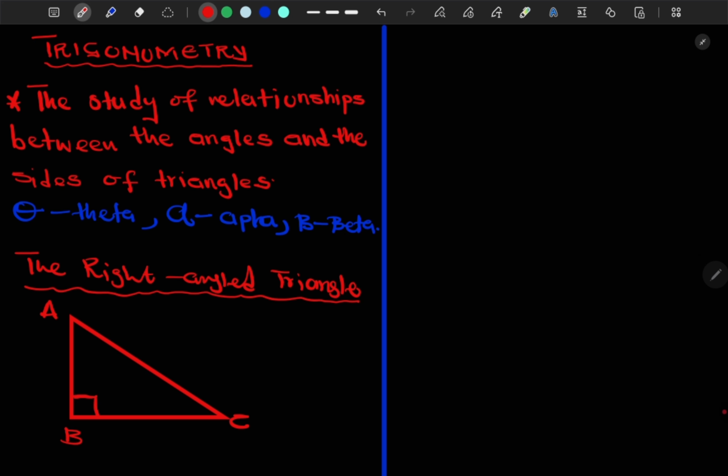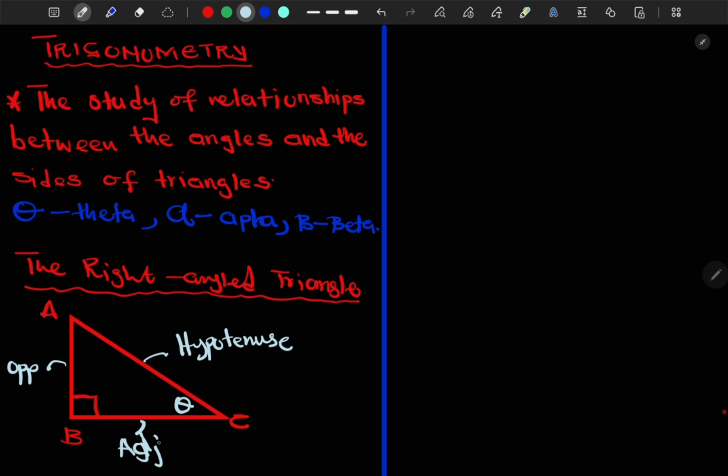Now, let's label this right-angled triangle. Opposite the 90-degree angle, or the right angle, we have the hypotenuse. The adjacent and the opposite sides are dependent on which angle is used as the reference point. For instance, if I were to call this part angle theta, it would mean that this side will be the opposite side because it's opposite to angle theta, and this side will be the